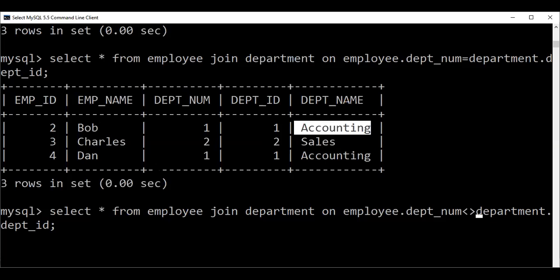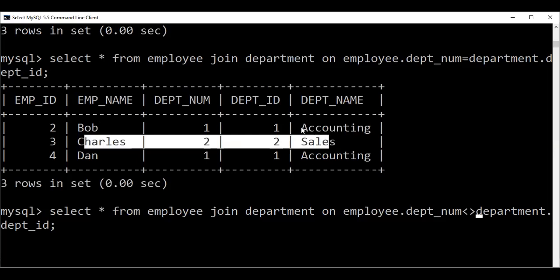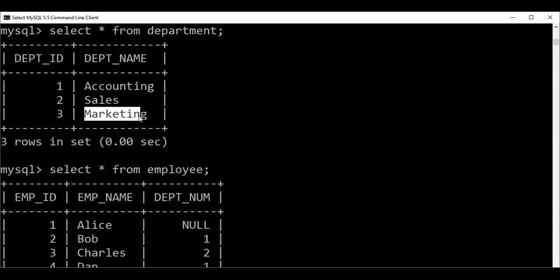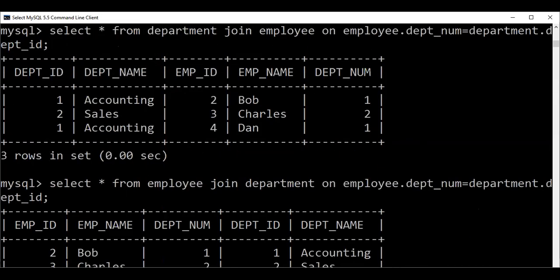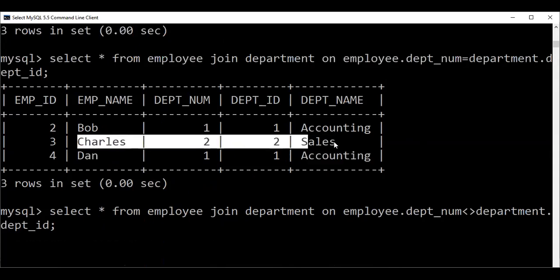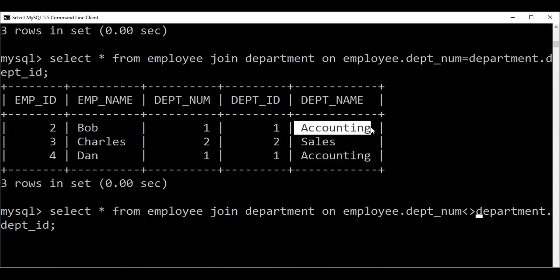Charles is working in sales. Then definitely Charles is not working in accounting and the other departments, like marketing. Now see here, 1 is not working with any department. So if I apply the condition, it is saying 1 is not working with any department. 2 is working with accounting and not working with marketing or sales, so for 2 we'll get 2 records. 3 is working in sales, so 3 is not working in marketing and accounting. 4 is working in accounting, so 4 is not working in the other departments. Those departments it will give.